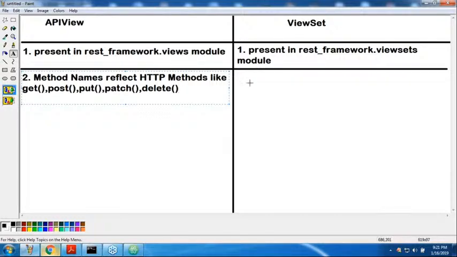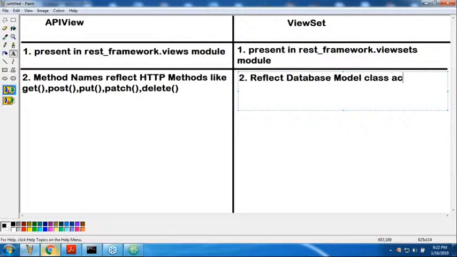But what about view set? In the case of view set, have you remembered which methods are there? Method names reflect database model class actions, like list, create, these kinds of things. Model class actions are operations like list, create, next retrieve,